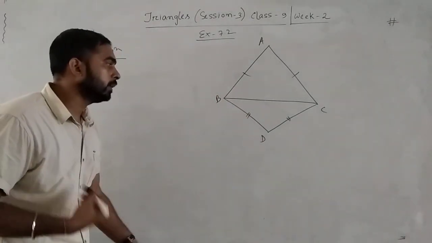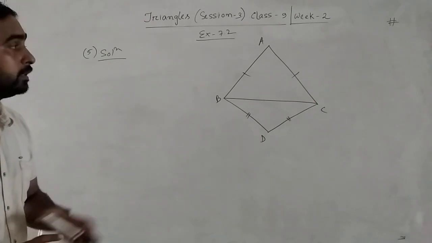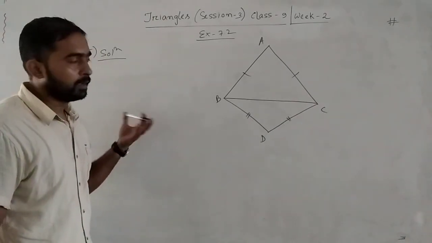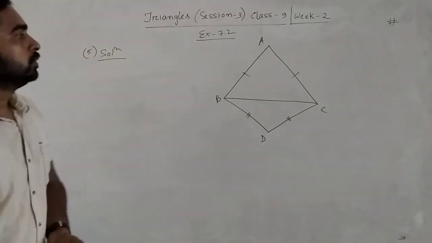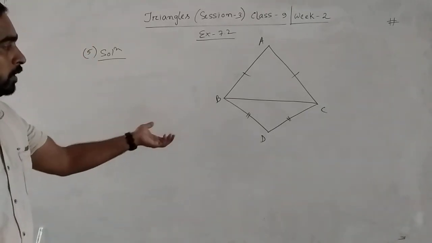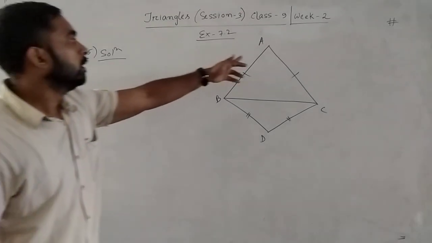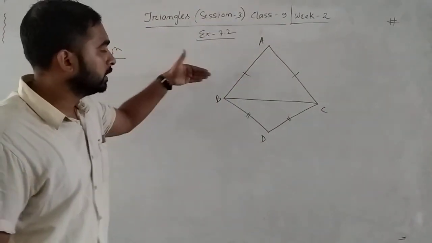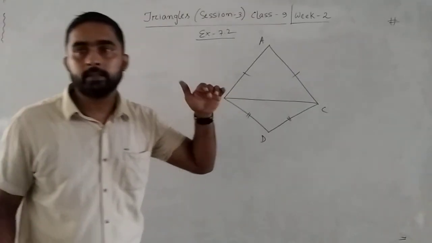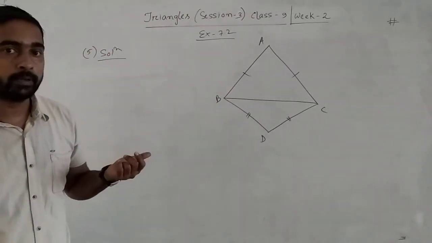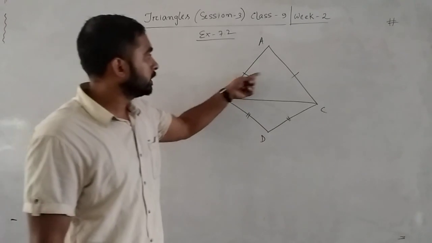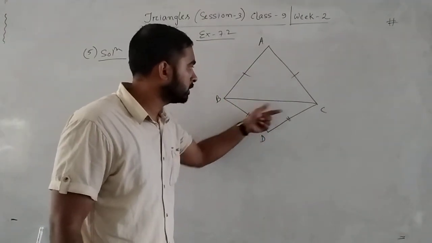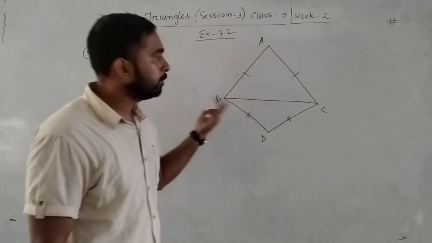Here we have to prove that angle ABD equals angle ACD. This question is also simple, and we can solve it in two ways, maybe other ways also. First one: as these sides are equal, we'll use that in a triangle, if two sides are equal, then the angles opposite to equal sides are equal. So if these two sides are equal, then these two angles are equal, and in this triangle, if these two sides are equal, then these two angles are equal. Then add them, we'll get the answer.